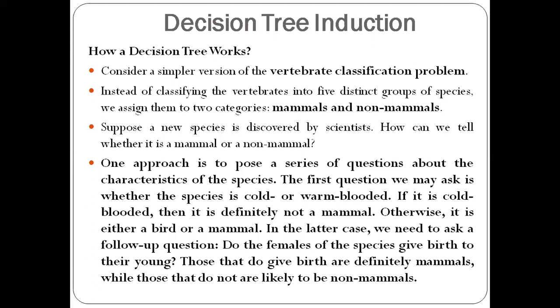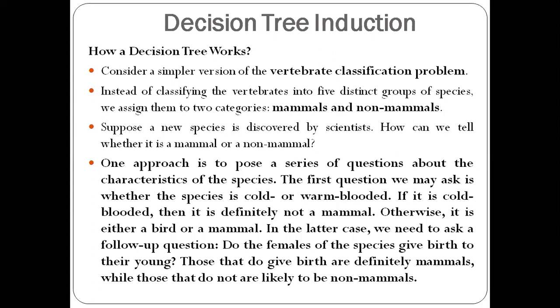Here we will be studying how this works with the help of one example, that is the vertebrate classification problem. I hope many people remember this one, vertebrate classification, where we have many categories like mammals, non-mammals, birds, reptiles, and then amphibians. That was the major categorization of all the species of vertebrates. Now here let us not consider those five groups of species. We shall consider only two groups or categories, one is mammals and the second one is non-mammals. So let us classify the given vertebrates as either mammals or non-mammals.